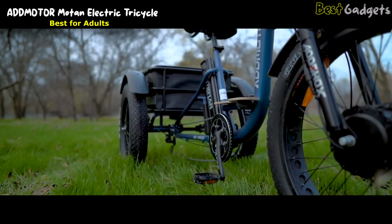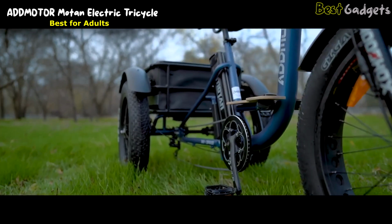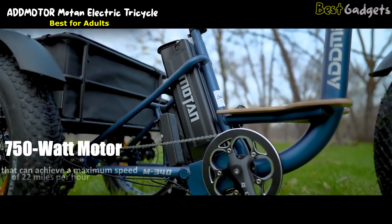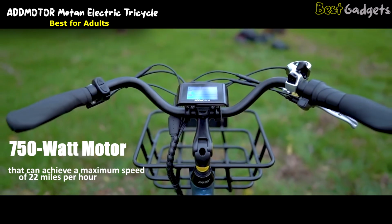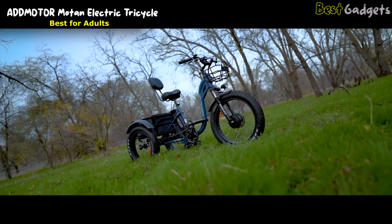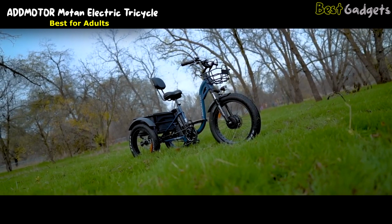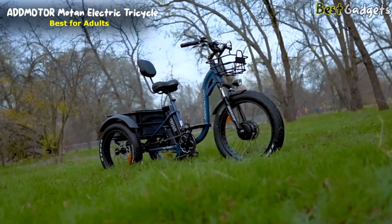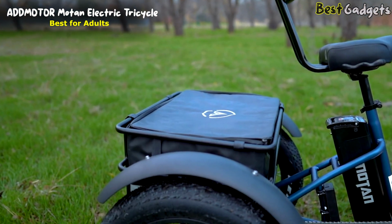The ADDMOTOR Motan Electric Trike is one of the best electric trikes for adults, thanks to a long-lasting battery pack and a powerful 750-watt motor that can achieve a maximum speed of 22 miles per hour. This adult trike is also great for larger adults, as the load capacity is a stunning 350 pounds. We also love the removable baskets, one up front, and one in the back, that are great for storing groceries